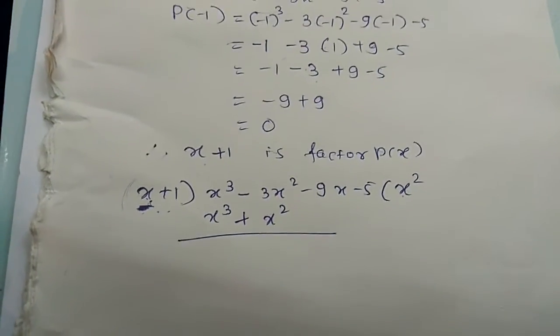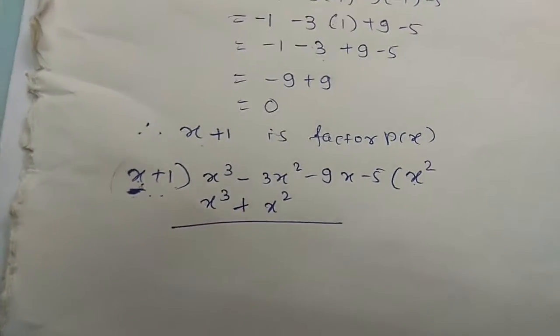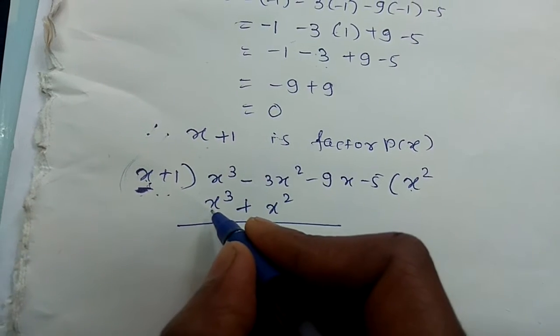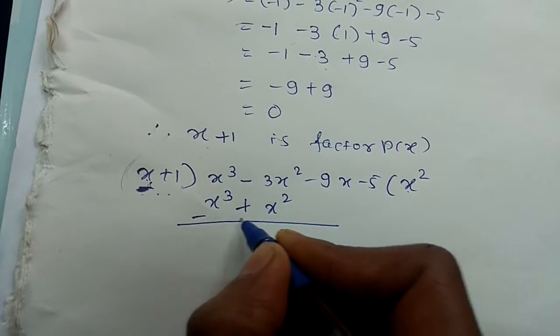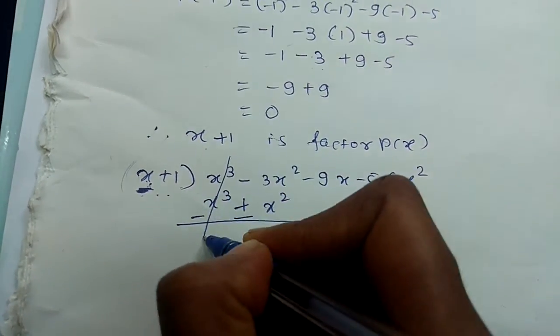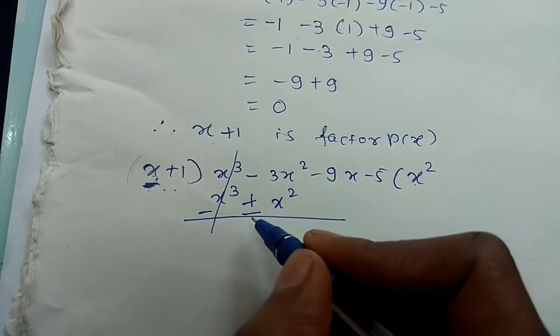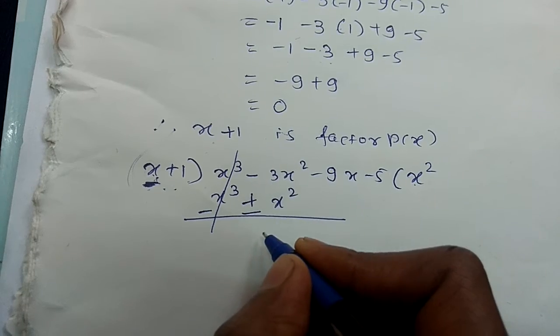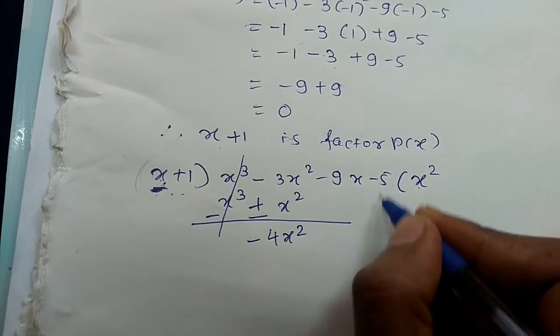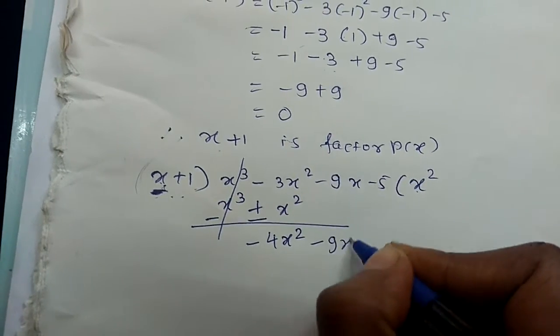No need to subtract here, just change the sign of the second row, so it is the same as subtraction. So this plus will be minus, plus will be minus. x cube minus x cube will get cancelled. Minus 3x square minus x square will be what? Addition, 4x square, with the sign of the bigger digit. Then the remaining terms we keep as they are. We'll take these two as they are.